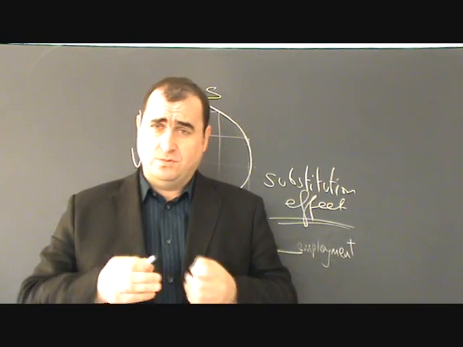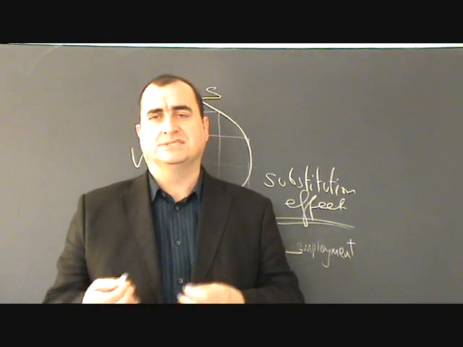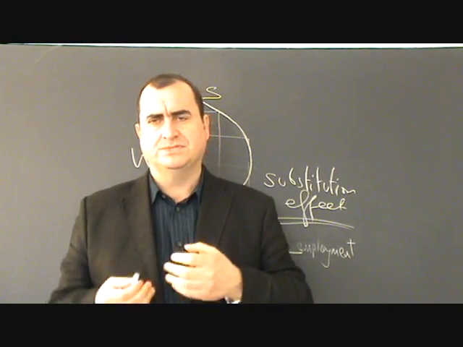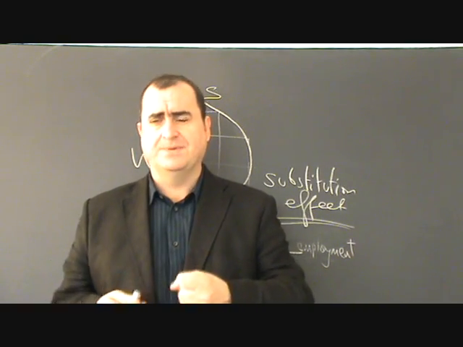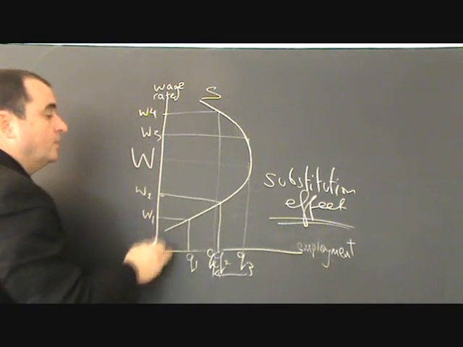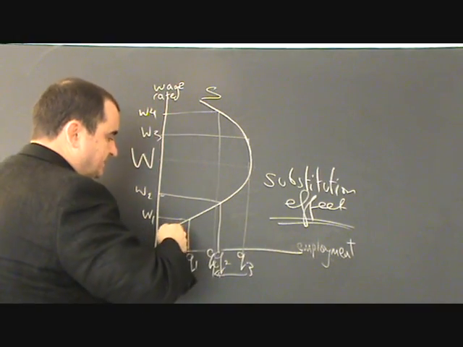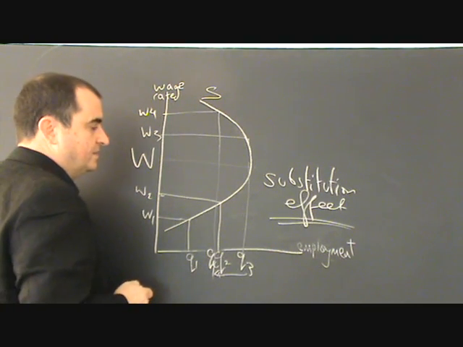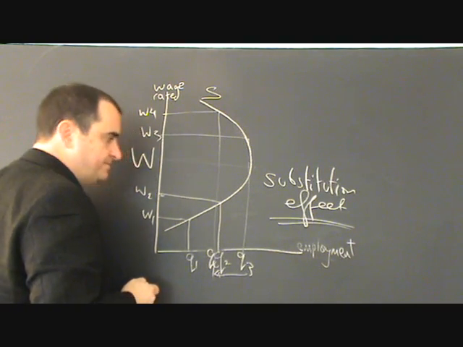But we will do it if the wage rate is right, says the substitution effect. So it's substituting work for leisure. We're giving up our free time if the wage rate is right. And as the wage rate goes up, we're prepared to give up another hour or day or week of leisure